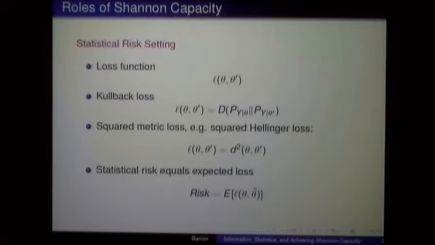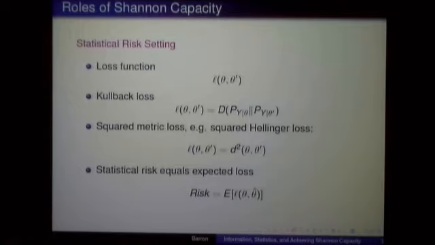Now, for the statistical setting, we could take a narrow sense by choosing only Kullback-Leibler, but I already hinted at the fact that the loss structure for many different types of loss are asymptotically similar. And so when we talk about statistical capacity, I'm not going to be concerned about constant factors. I'm just going to be concerned about rates. And I'm going to be thinking about those situations where instead of the parametric rates, like 1 over n times Fisher information, instead we get non-parametric rates, like n to the minus 4/5, associated with certain smoothness of the function. So in those situations,